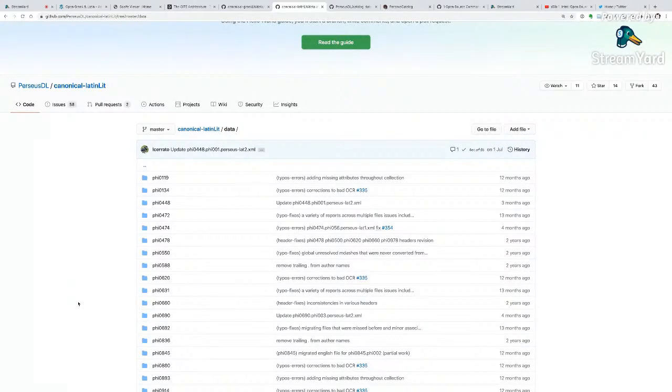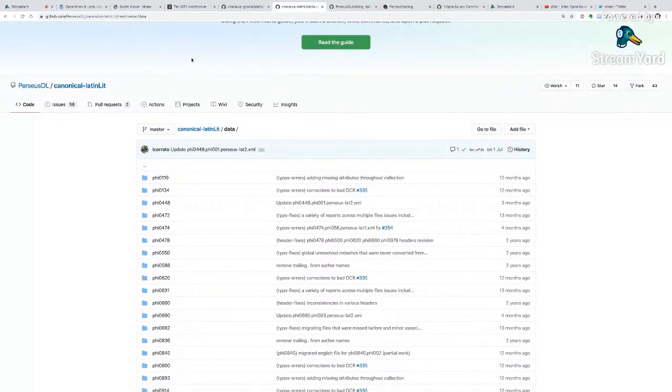Also in this case, if you don't know the number, you can get it through the Perseus catalog, where you have a complete list of metadata about authors and works of Greek and Latin literature, and you can access these folders. And we keep numbers according to the TLG or the PHI because they are important also for producing canonical citations. They are unique and they are standard today, instead of using names of authors and works.